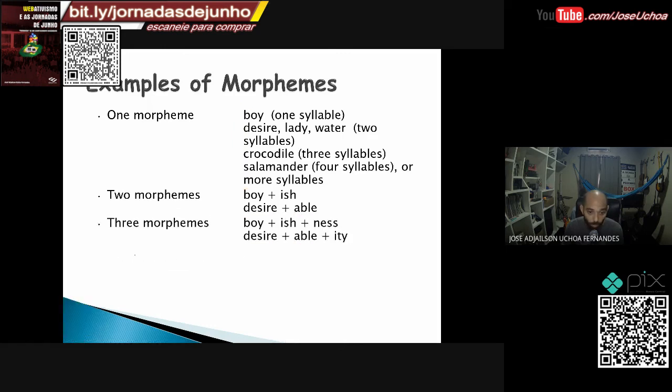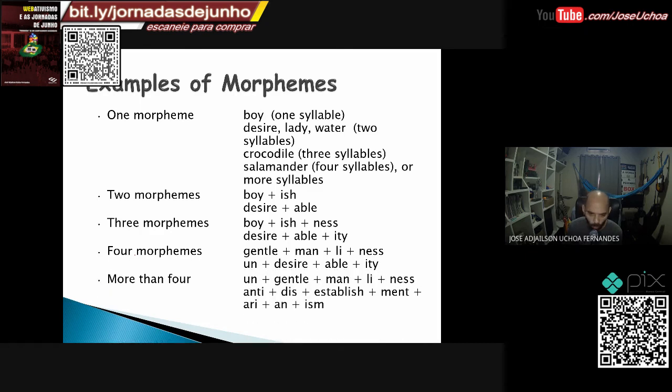We also have three morpheme words like boyishness or desirability, and so on. The list is extensive with four morphemes. Gentlemanly, gentlemanliness, it's even difficult to pronounce, or undesirability. The undesirability of something when you don't want it to happen, it's something undesirable. So it has the feature of undesirability. Four pieces to form a word,